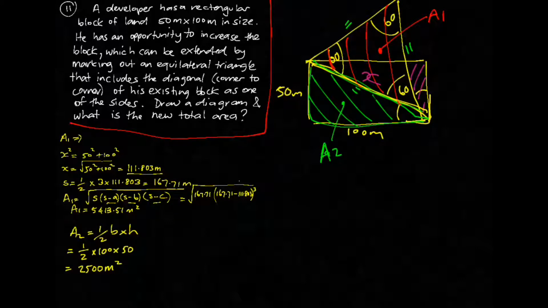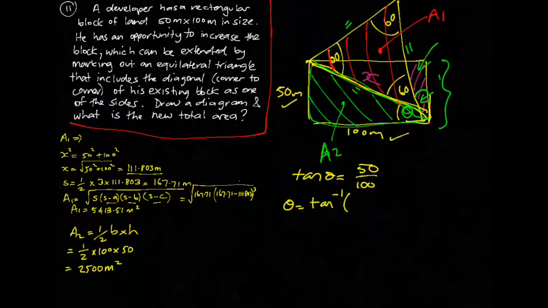Now we know this height for this triangle to find the area. We need to find this angle here, and to do that we need to find this angle here. So we'll find theta first, because we know this opposite and we know adjacent. So tan theta equals opposite on adjacent, which is 50 on 100. So theta equals tan inverse of 0.5 equals